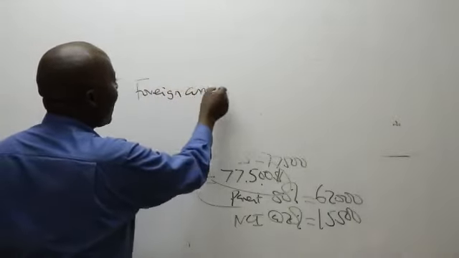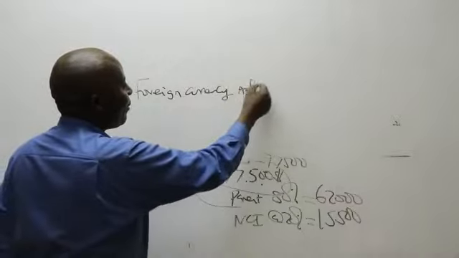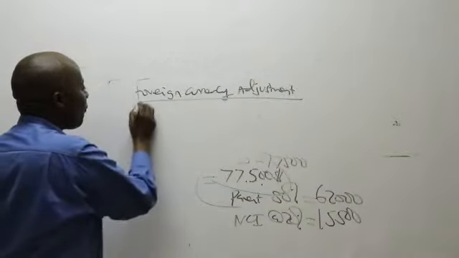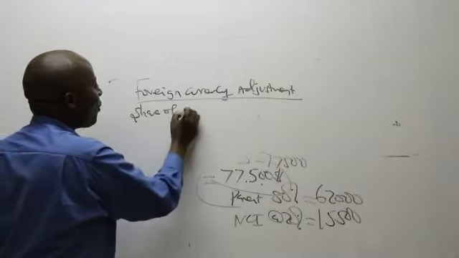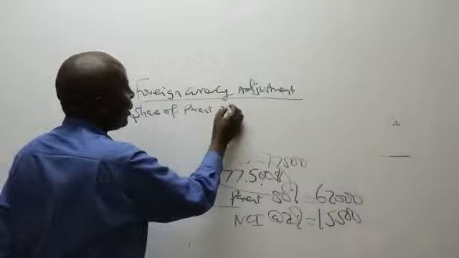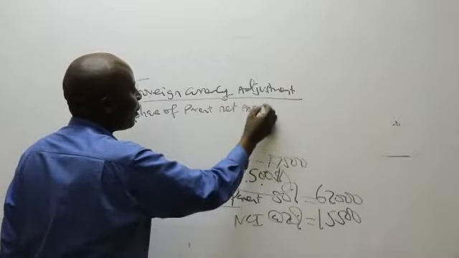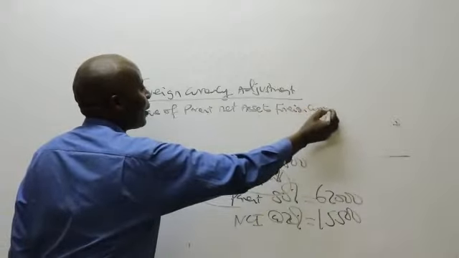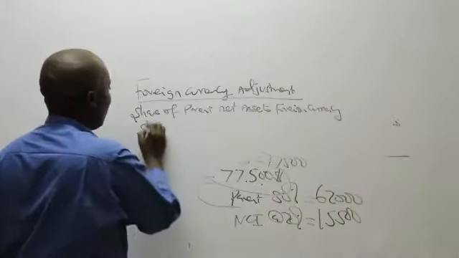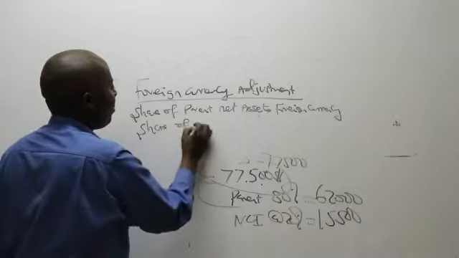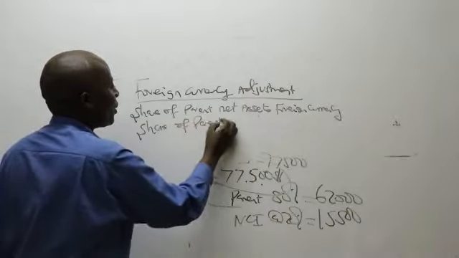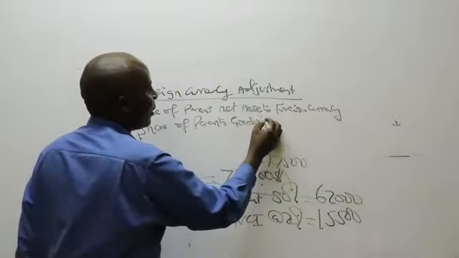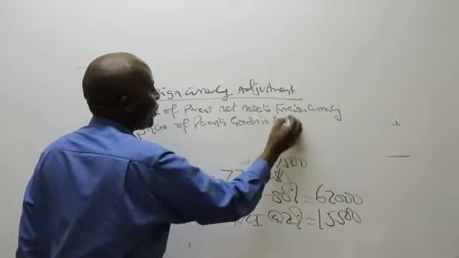I can see there is share of parents' net assets, foreign currency, and share of parents' goodwill, foreign currency